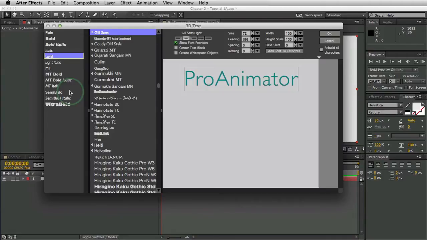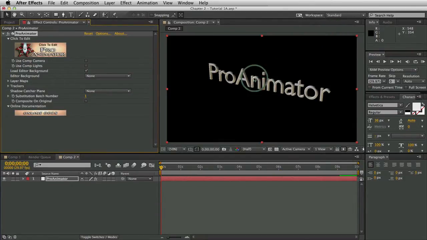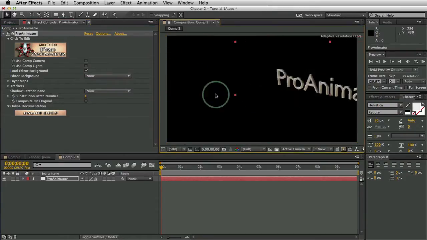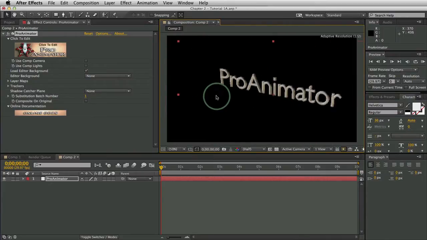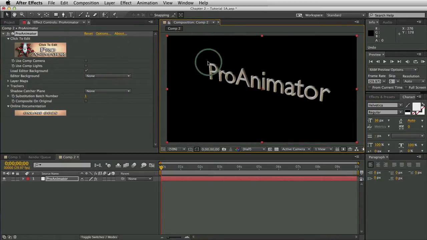So Gill Sans Light is the one I'm using. If you have something similar, great. Now just click OK. All right, and at this point you've already got a model. It's been modeled for you, set up, and it's now sitting inside the comp window. Now, if I start to drag right here, right now, you see it's not rotating anything, it's just moving the solid around. So we don't want to do that. Undo. We need to be able to move the Pro Animator's own camera. We can use the comp camera, and we'll go over this in a little bit at the end of the tutorial. But for right now, let's not use the comp camera.